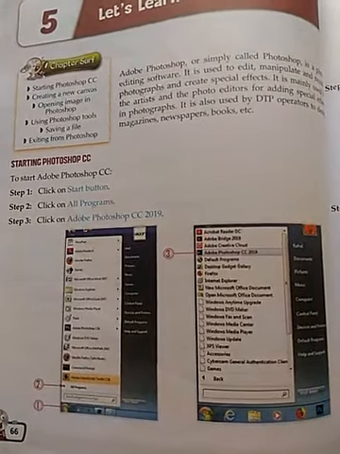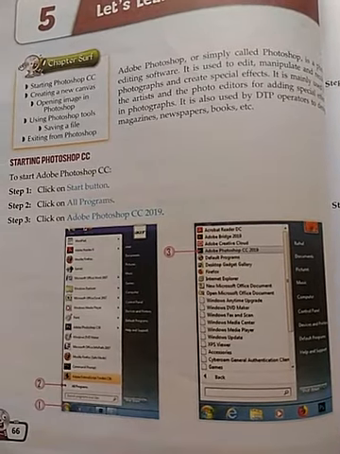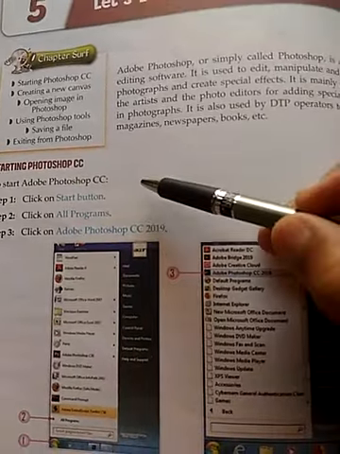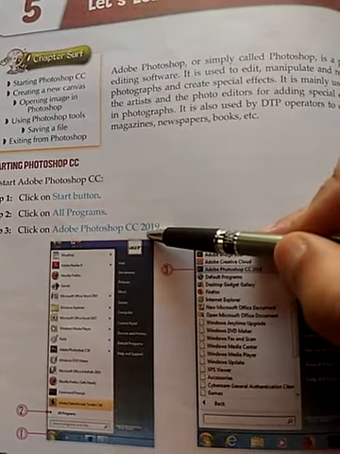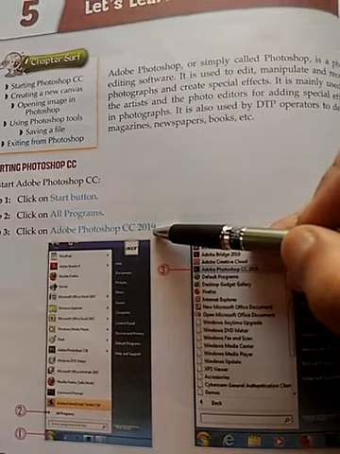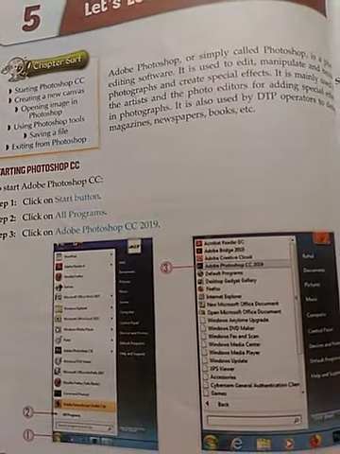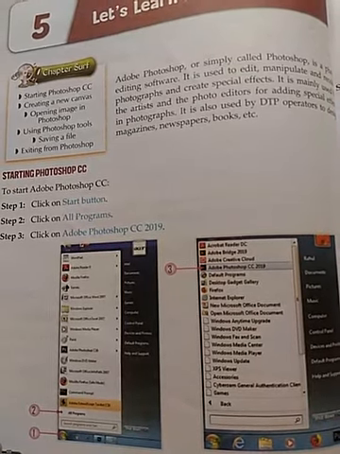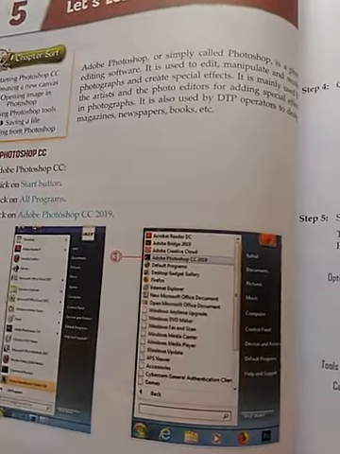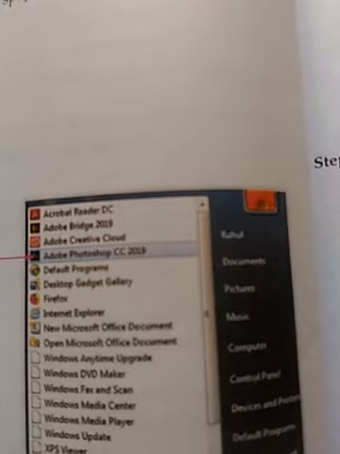How can you start Adobe Photoshop? First you need to install Adobe Photoshop in your system. After that, click on the Start button. Under Programs, you will find the option Adobe Photoshop CC 2019. It is a version of Adobe Photoshop. If you have any other version of Adobe Photoshop, that will also work in the same way. So once you click on this Adobe Photoshop option,